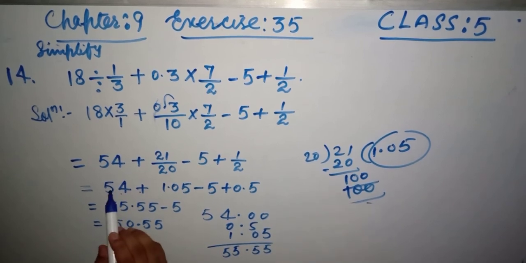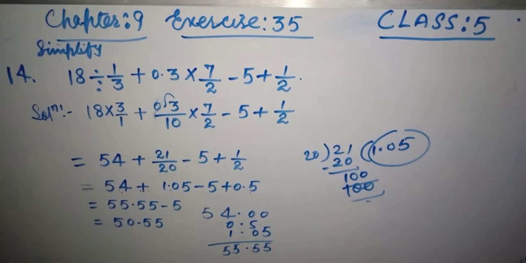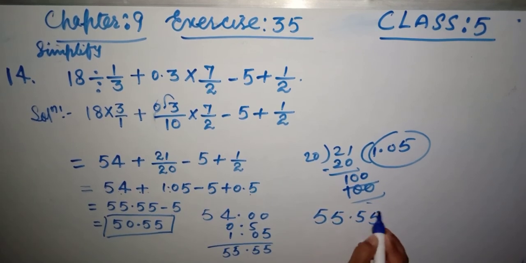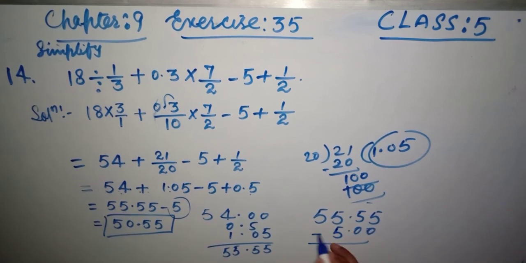This is why we wrote here the 0.5. Now, friend, add 24 plus, because this is plus and plus, add 24 plus 1.05 plus 0.5 here, and we will get 25.55. Here written 25.55. This is minus 5 as it is. If we subtract 25.55 minus 5 we will get 20.55. Here the whole number part is here, and we can write, because subtract, this is 20 and this is 0.55. This is the answer.